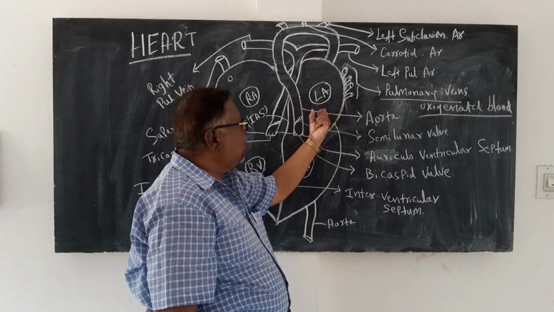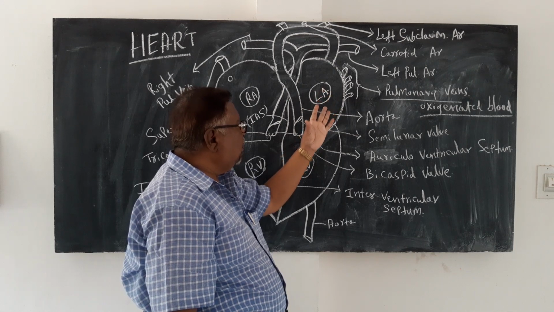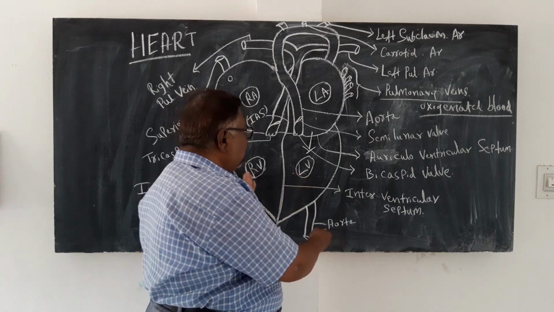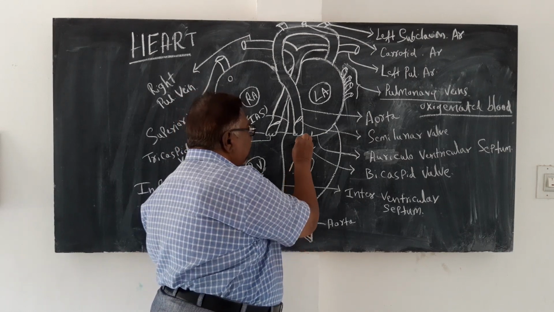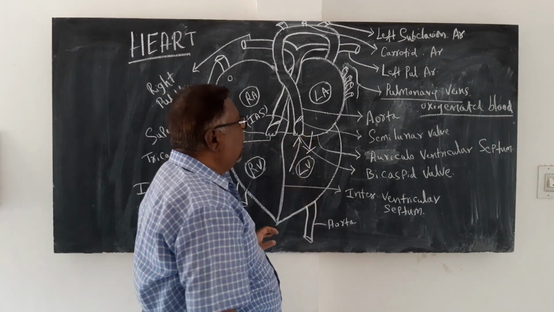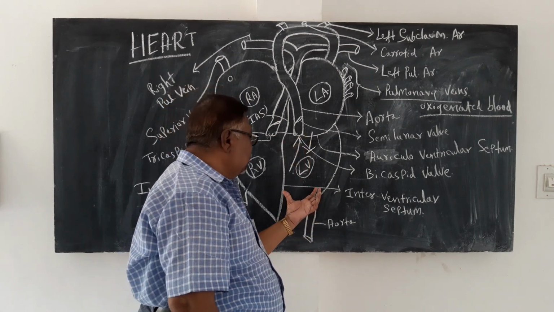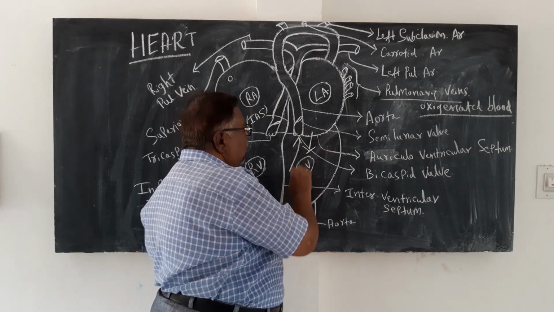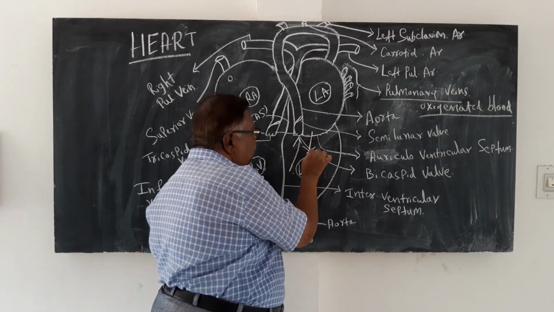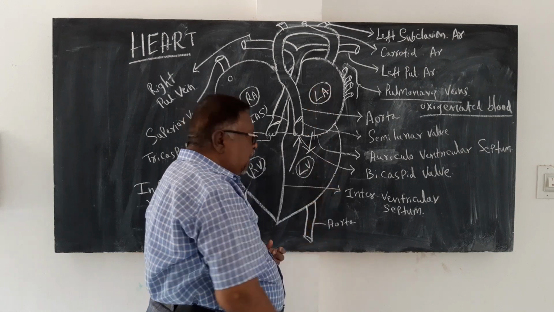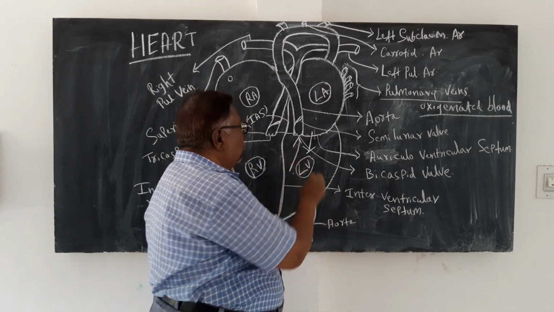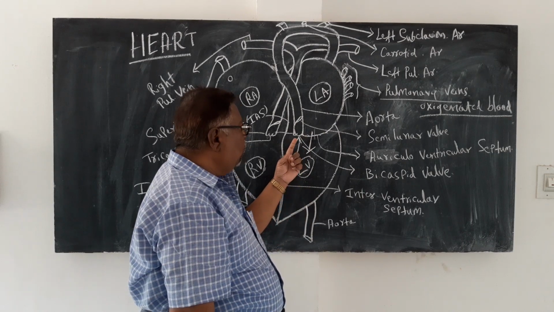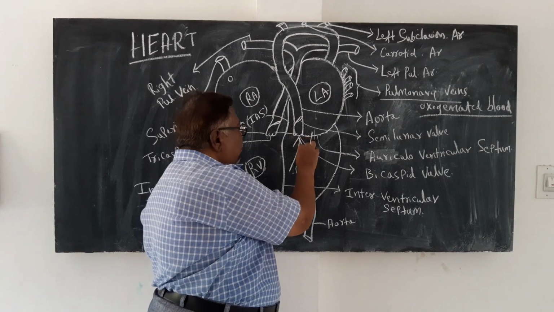When it is contracted, the blood from the left auricle moves into the left ventricle. When the ventricle is contracted, the blood is pushed into the aorta. When it is contracted, this valve will be closed, and the blood will not enter the auricle again, whereas this valve is opened, that is, the semilunar valves or the bicuspid valves are there, which open and the blood moves in